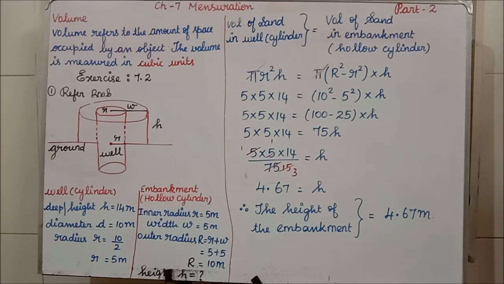4.67 meter. You can ask me, ma'am, you said volume means cubic units, but in the final answer I am not finding the volume, I am just finding the height alone. So for height you should not put meter cube or meter square, just meter alone. When the final answer you are writing is volume, at that time you have to write centimeter cube or meter cube, cubic units like that. Clear students, all of you, the first question.